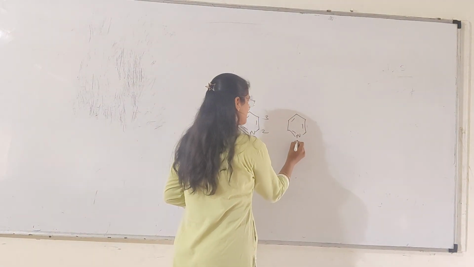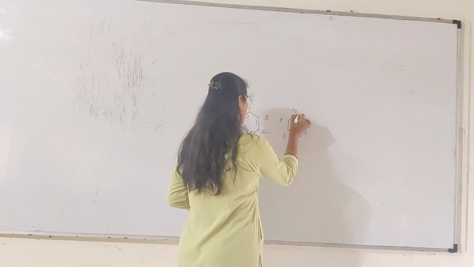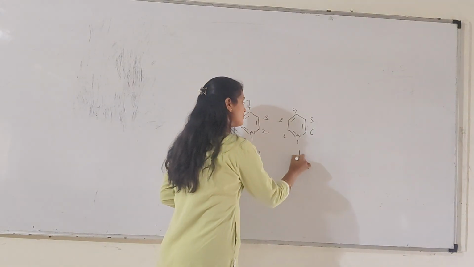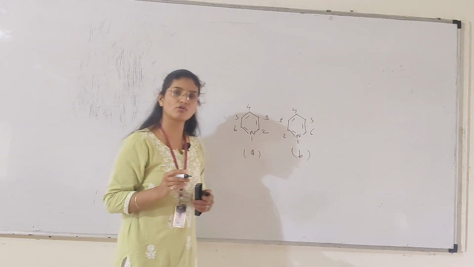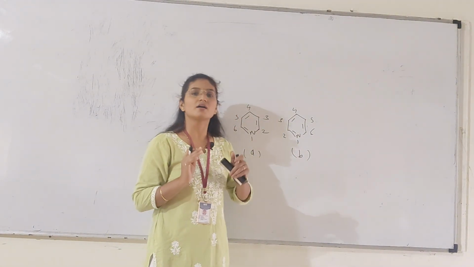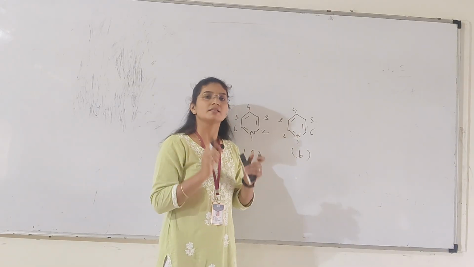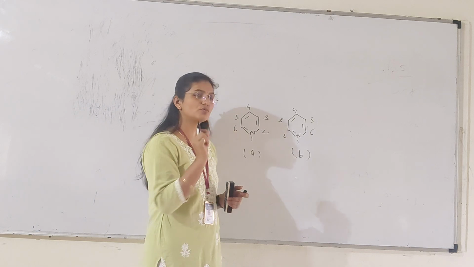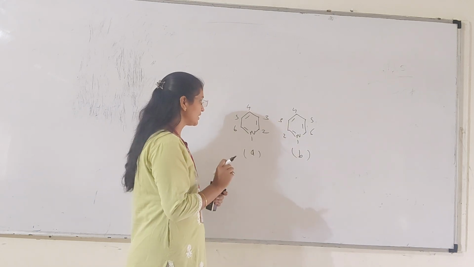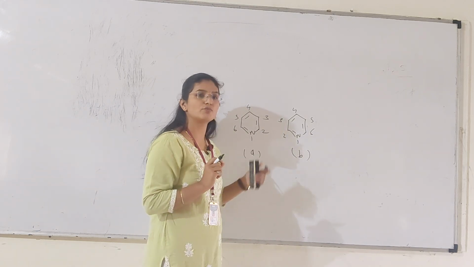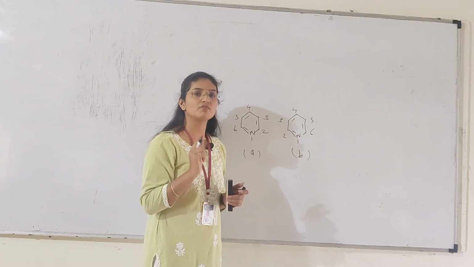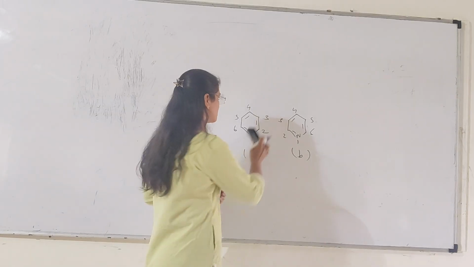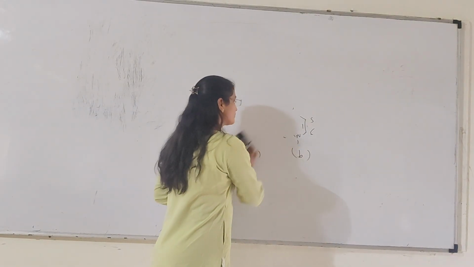Means 1, 2, 3, 4, 5 and 6 clockwise. In structure A and structure B, clockwise and anti-clockwise both methods are correct because there is only one heteroatom. But the first rule is that numbering must start from the heteroatom, or number 1 is always given to the heteroatom. This is the first rule for the numbering of heterocyclic compounds.